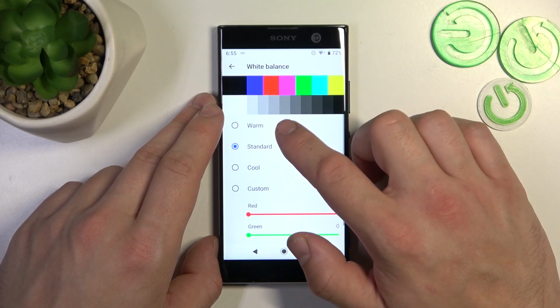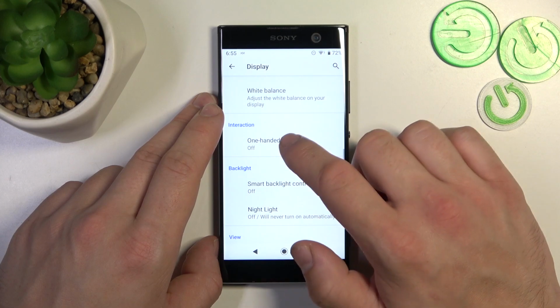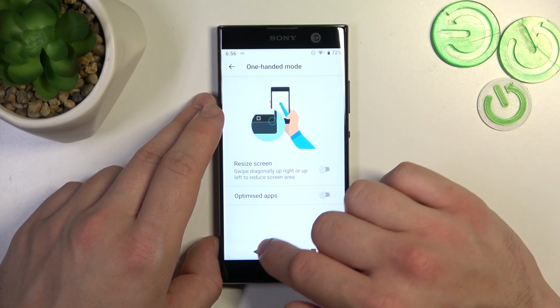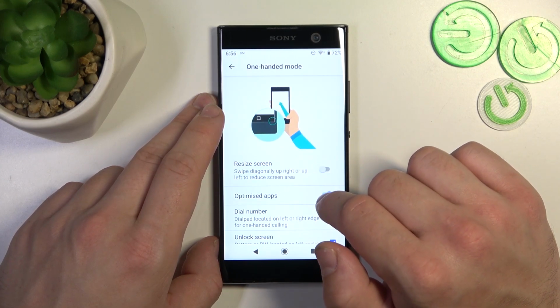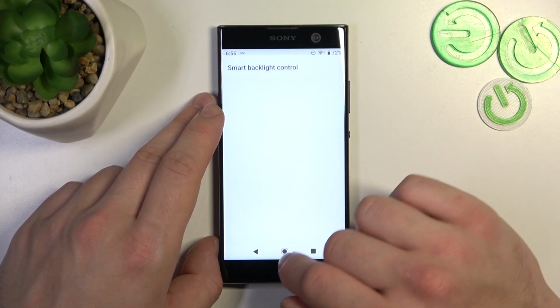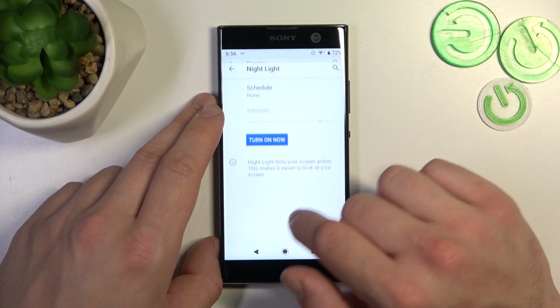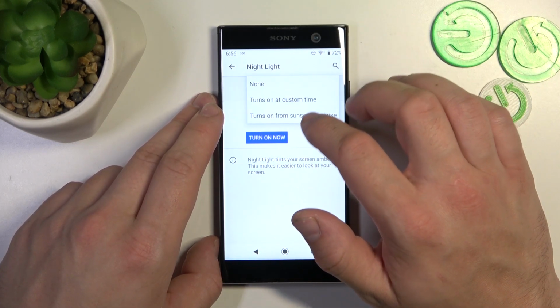adjust white balance between warm, standard, cool, custom, and then we can enable or disable one-handed mode. Next, we can enable or disable smart backlight color control, night light that we can also schedule,